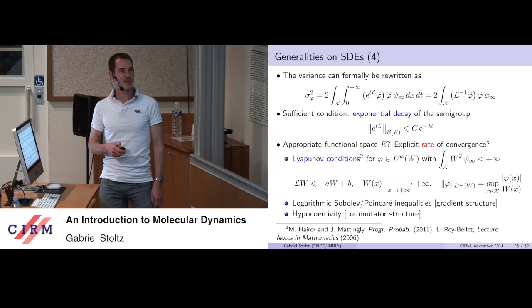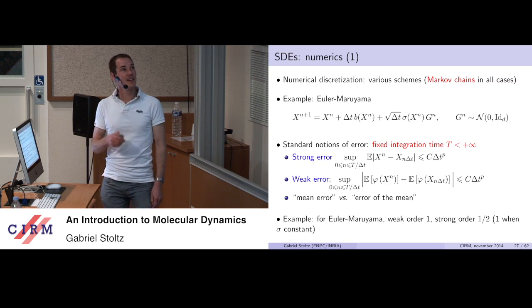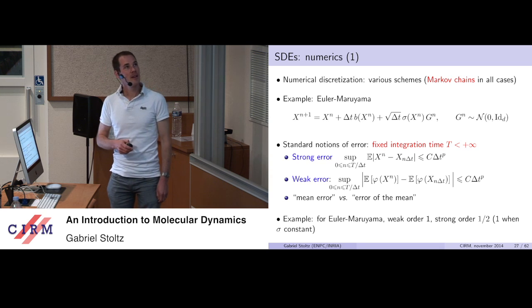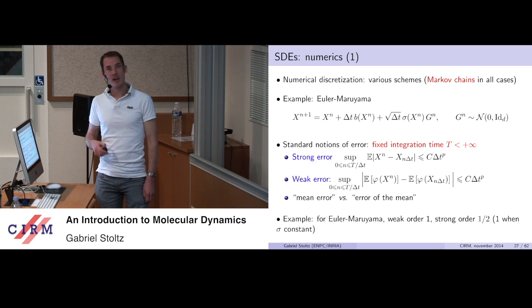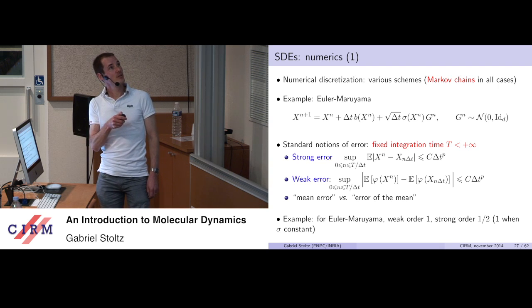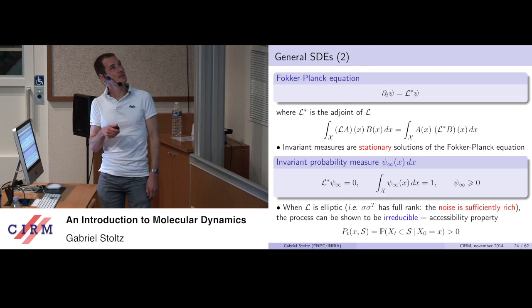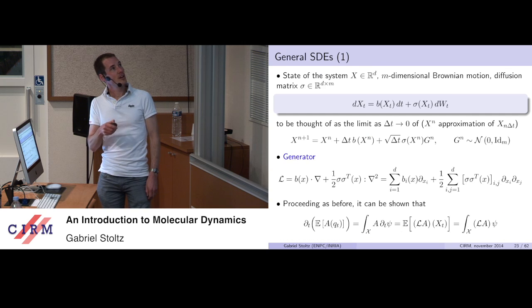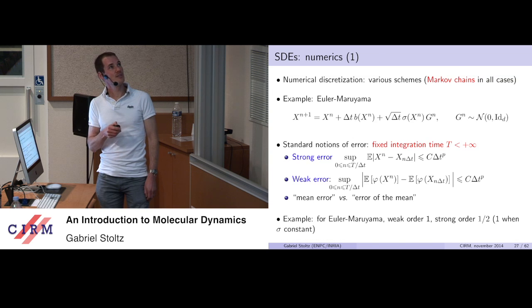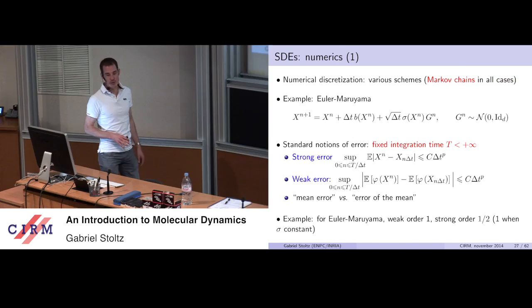Now, in practice, of course, we have to discretize the time, and so I have to tell you a little bit about numerical schemes to integrate SDEs. So an SDE, when you discretize it, becomes a Markov chain, because time is discrete, and the new state depends only on the previous state and not the history before that. So a typical way to discretize the SDE, which is here, is to use this Euler-Maruyama numerical scheme. It's often not the best thing to do in practice because the errors may be large, but at least for a first presentation, that's the best thing to do.